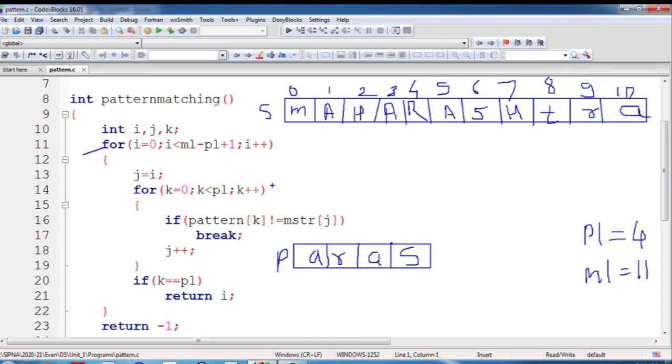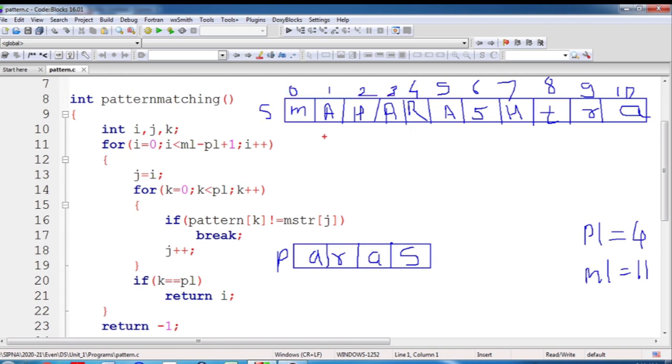So when I is equal to 0, that means our first substring, the substring which is starting from the index 0, will be the one starting from the 0th index and having 4 characters. So MAHA will be our current substring, which is marked by red color.